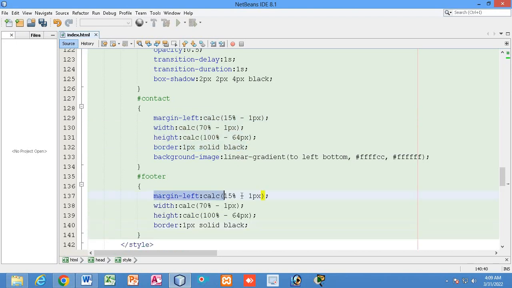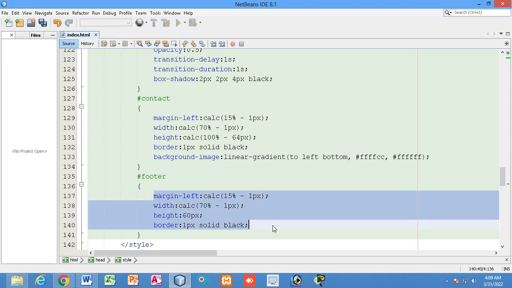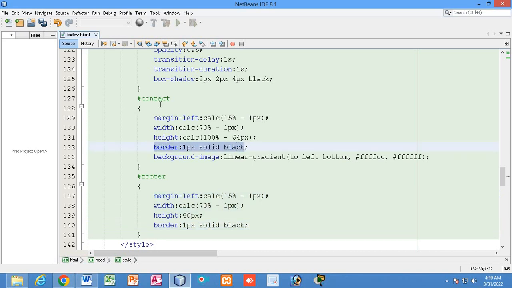Margin left will be the same, width will also be the same, but the height will be 60px, right. It also has a border, so that means 60px plus the footer div top border 1px and bottom border 1px, total 62px. This 62px plus the top border and bottom border of the contact div, that means 62px plus 2px, 64px, that I have deducted from the contact div.